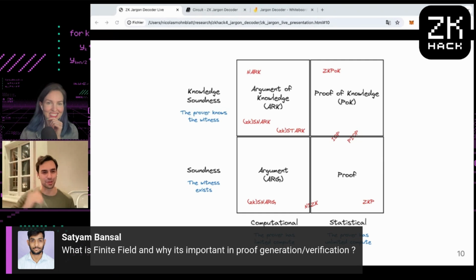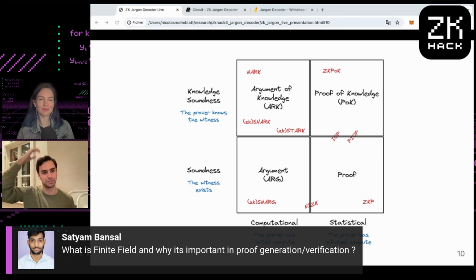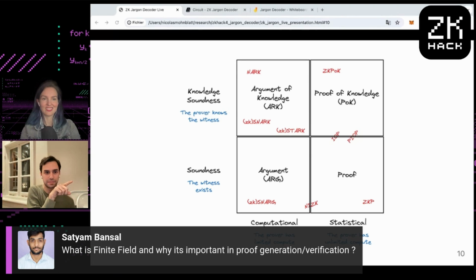There are a few more rules of what forms a field. But yeah, this is not a math class, right? That was the point of the Jargon decoder. Finite means that there is a fixed number. So again, the real numbers, the ones we used in high school, they go up to infinity. They're not finite, they're infinite. Finite fields, we have a cap. And what happens is when we reach the cap, we loop back to the beginning. And that's a very important property for us.